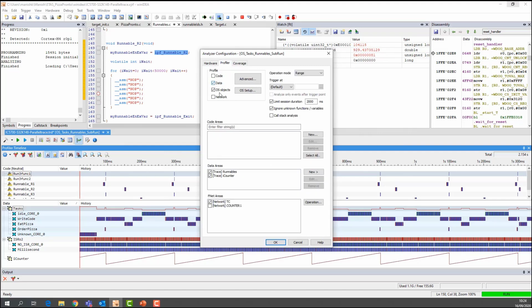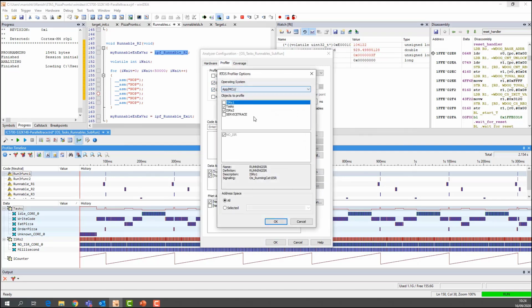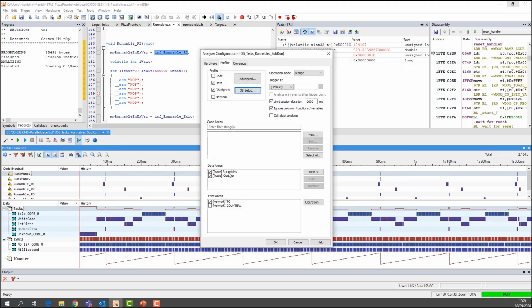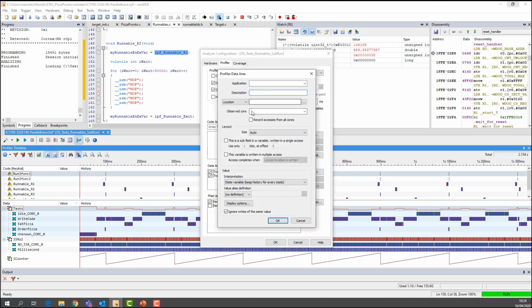Now you need to go to the profiler. You have to select data here. You need to select OS object as usual, task and ISR. And in the data area, you need to add the runnables, I mean the variable used for runnables, and the I counter. You can add it by clicking on new, so new and trace, and then you can add it like this. I have already added it, so